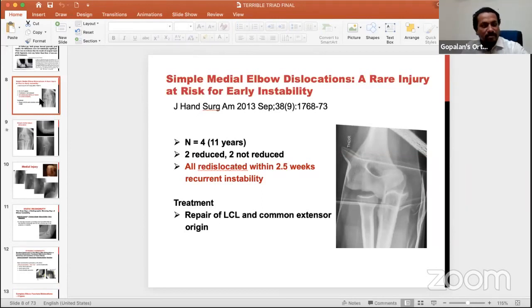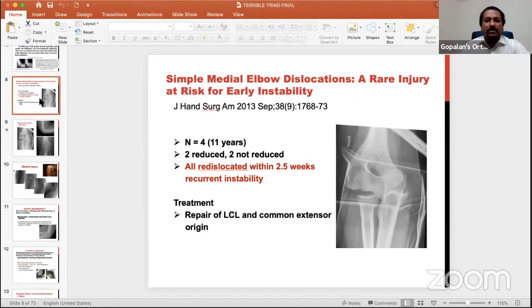Because I see a lot of times in clinical practice, no one has the time to look at the view. They see the elbow dislocation, they just reduce it and that's it. True. If this is my arm, whatever we do with the arm like this, we are always in varus stress. So MCL always heals up because of varus stress, but LCL gets stretched all the time. That's why the most important component when I do a terrible triad is the repair of LUCL. You really need to pull it up to where it belongs and attach it to the isometric point. MCL tends to heal up, but a medial injury, as you said, we should repair on day one.